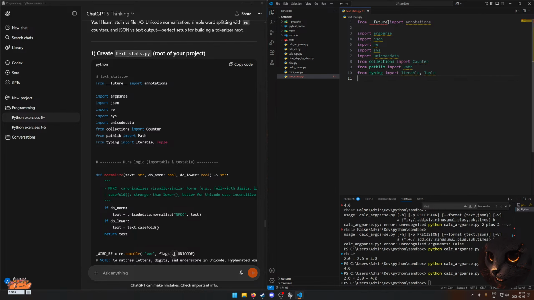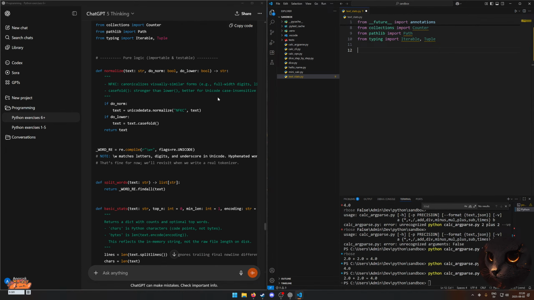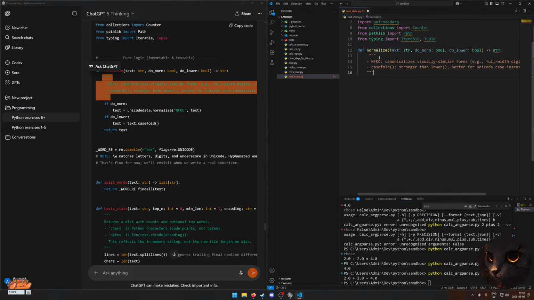Okay. Oh, from __future__. And then we have normalize_text. That's a string. do_norm bool, do_lower bool. And we'll return a string. And I'm just going to copy paste the